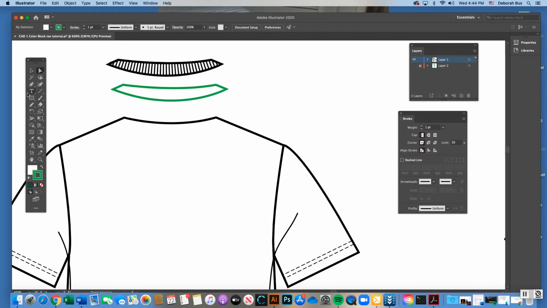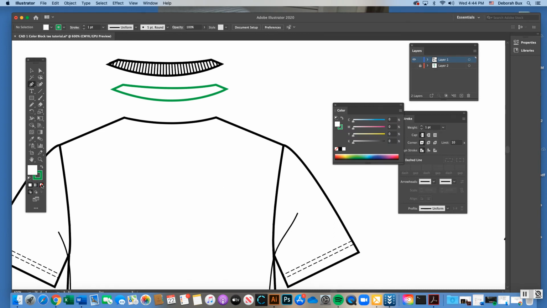Okay, I didn't mean to change that to green, but we'll do it anyway. So for when I first draw it, I'm going to use a no fill in my fill box and only a stroke color so I can see what I'm doing. So I'm going to start here on the left-hand side, click on one point,